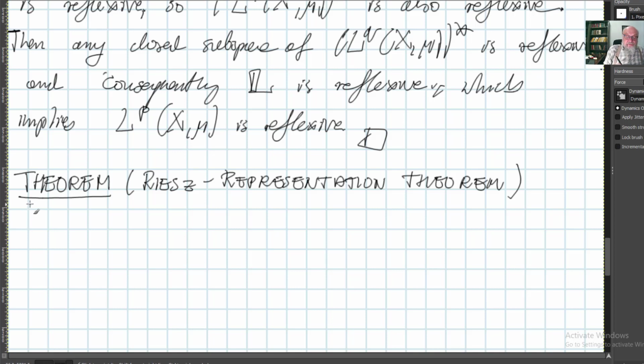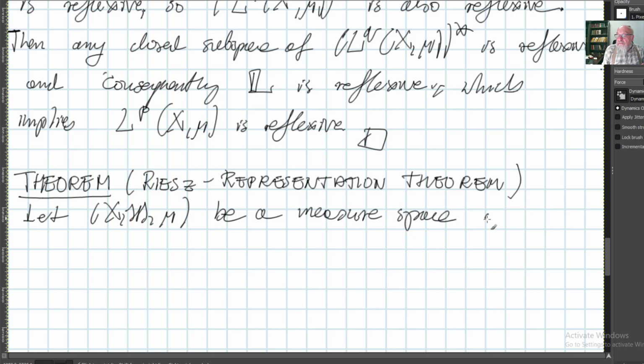And put it like this: let (X, M, mu) be a measure space, and now 1 < p < infinity, an arbitrary number, and so maybe I just write it down like that, then